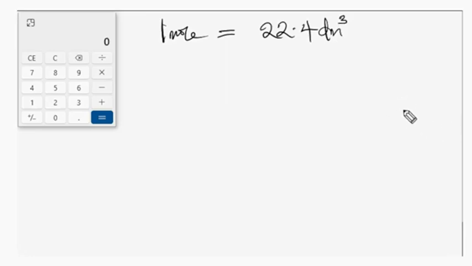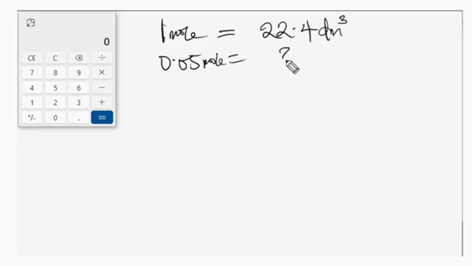That's the standard volume of 1 mole of gas, guys. So here we are told that 0.05 mole of carbon dioxide is liberated, and want to know the volume that was liberated. So guys, if 1 mole is 22.4 dm cube, so 0.05 mole